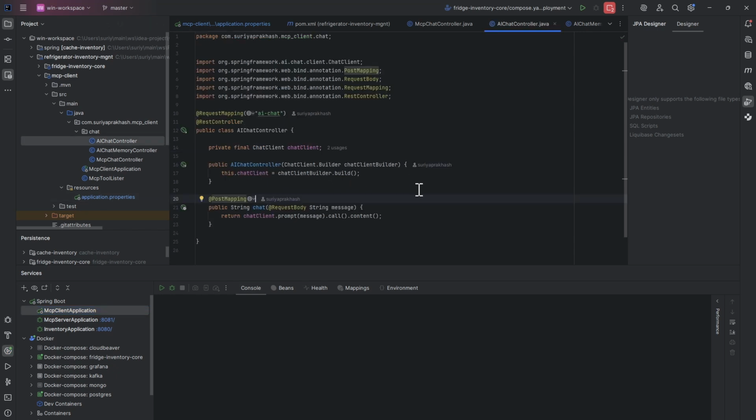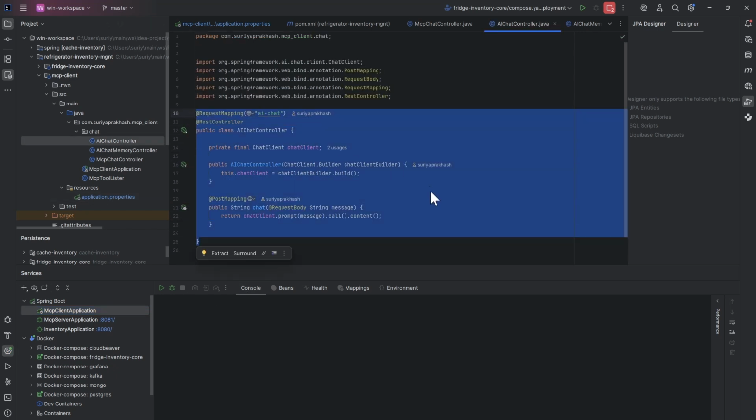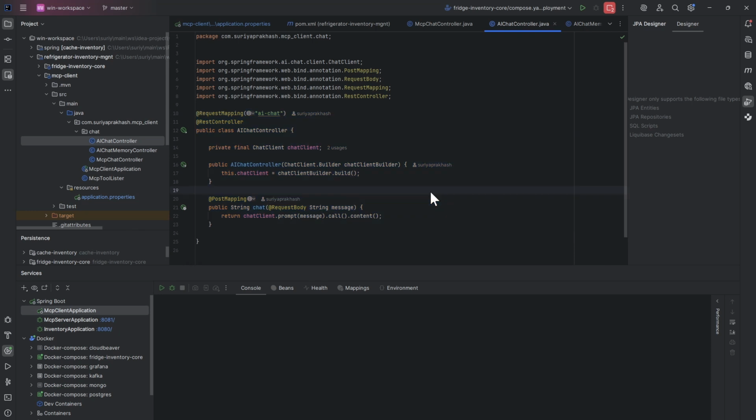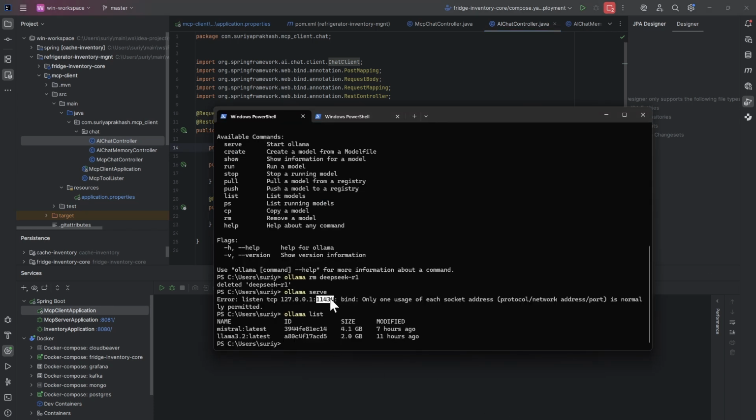A chat controller is something similar to how a chat window would work. So this controller is going to return the response back from the Llama 3.2. To start with, we have the chat client in here. The chat client will be automatically wired by the Spring AI, so we do not have to worry about it. Since we have the Ollama dependency, it will automatically try to talk to this Ollama server running on this port,